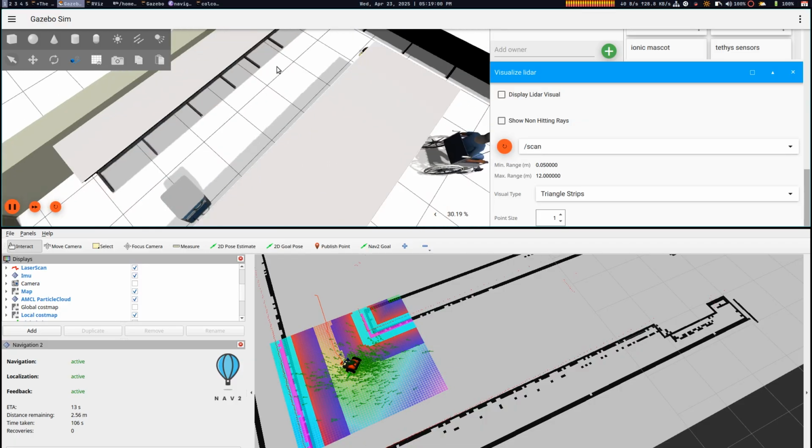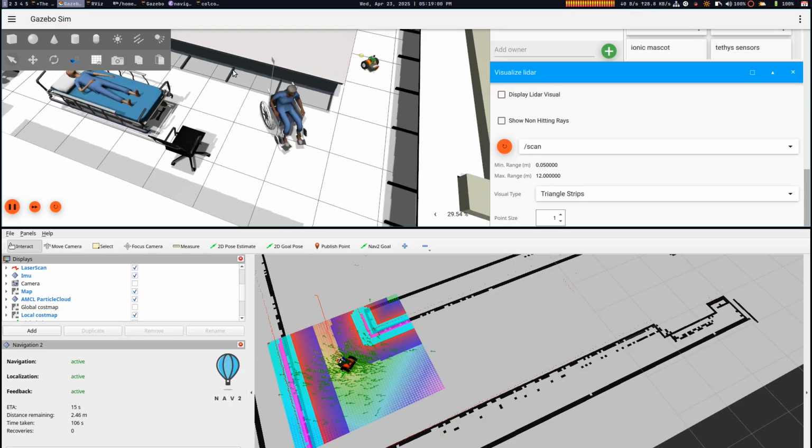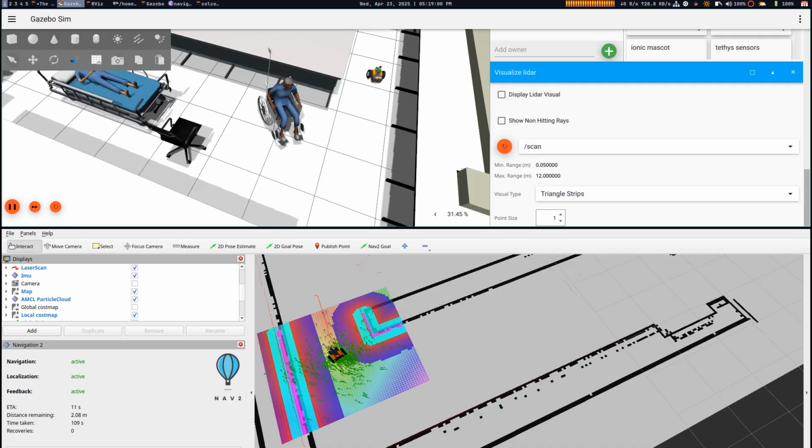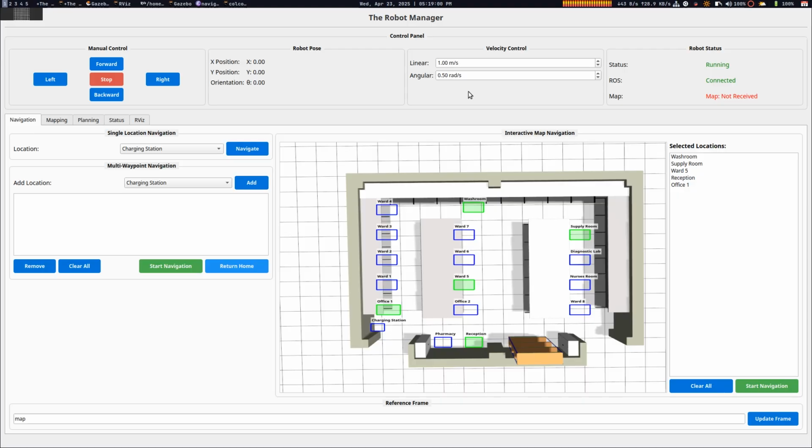But that's because it cannot detect this. So our first goal is the washroom,